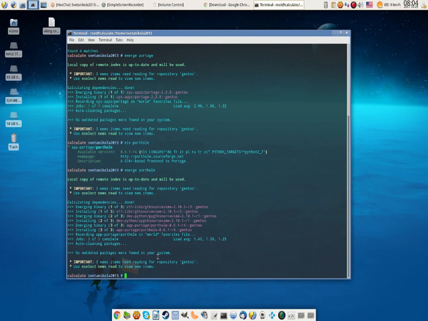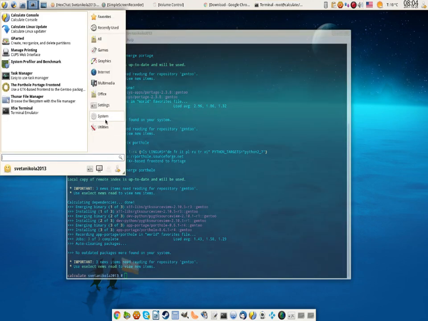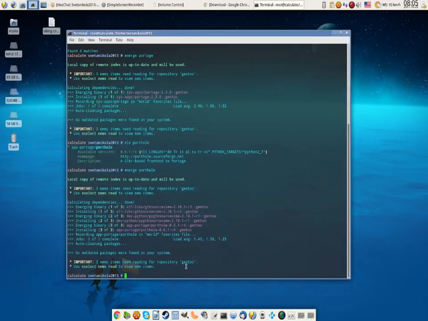Otherwise, the software cannot work, or it will work but unstable, or it's going to give out an error or something. Now, since we are in the sudoers mode, we're going to search for Porthole, but let's search it in the categories. Okay, here we go. Porthole is a portage front end. Portage is the package manager by default in Gentoo or Calculate Linux or any other Gentoo based distribution. Porthole is a graphical user interface for portage. It was my mistake, now I actually corrected myself. So we're gonna call up on it.